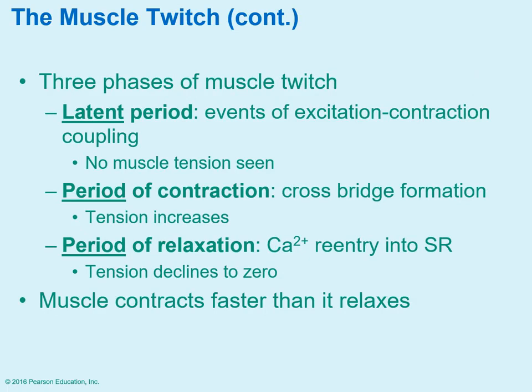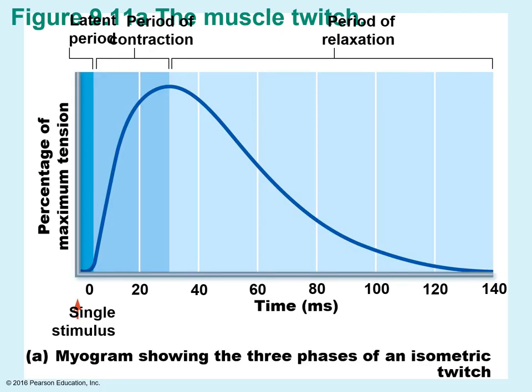There's 3 phases of a muscle twitch. There's the latent period, the period of contraction, and then the period of relaxation. The latent period is that early period when there's no muscle tension being seen. It's all that phase leading up to contraction. Then you actually have the contraction, where you have that cross-bridge formation. And then the relaxation. That's when you're trying to restore back to the resting state. That's when the calcium is going back into the sarcoplasmic reticulum. Muscles will contract very quickly, and it takes a little longer for it to really go back to its